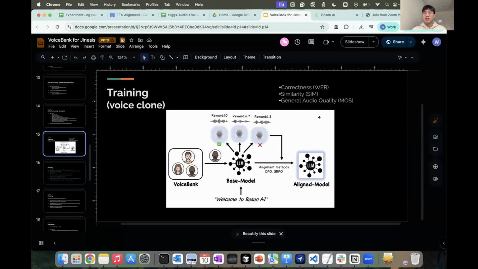The third one is MOS, which stands for mean opinion score. We use other models to judge the audio quality. They rank the audio quality and give a score on a scale from 1 to 5. 5 means the audio is good to listen to and use, and 1 means the audio is rubbish.